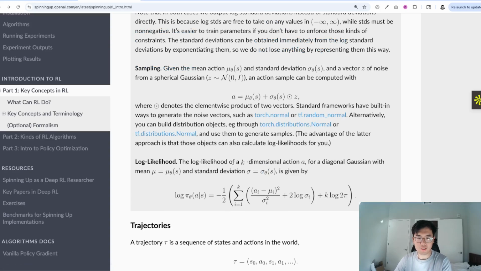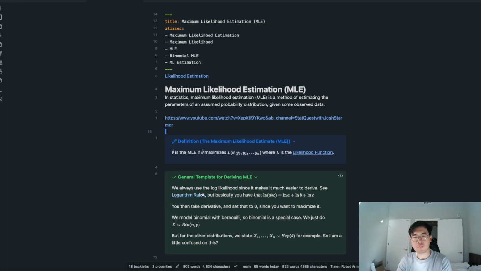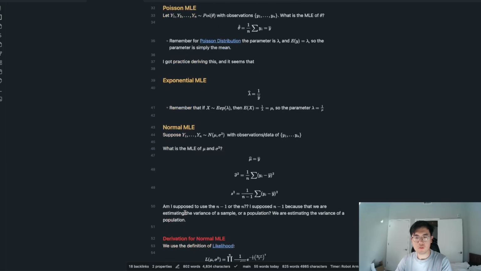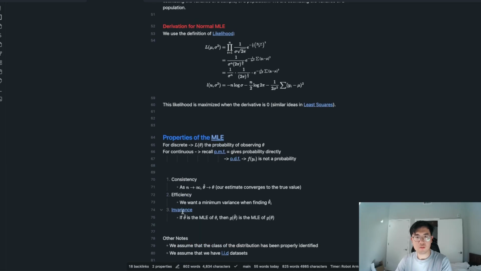It's not that complicated, but interestingly, this is just the likelihood, right? This formula is just the product of your